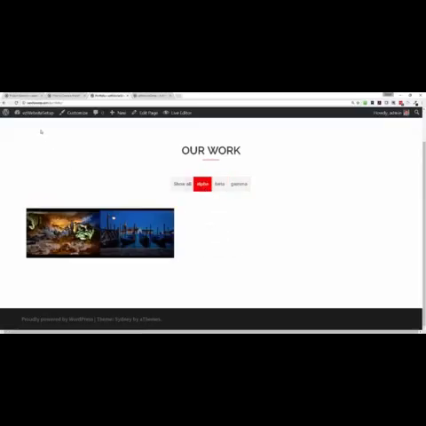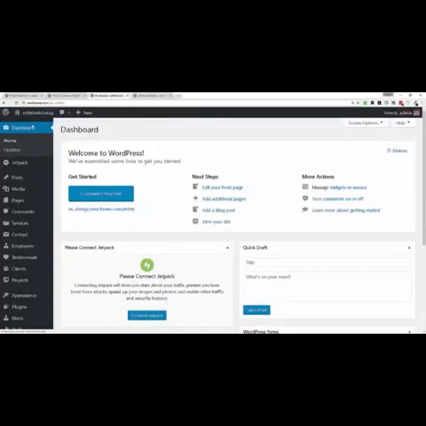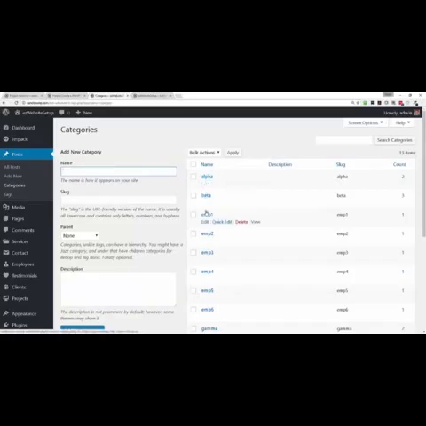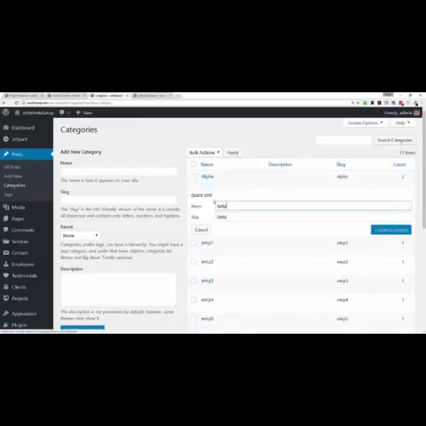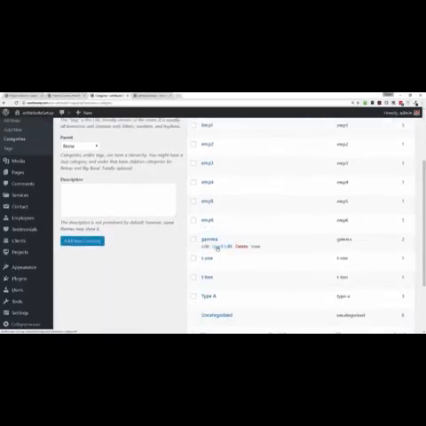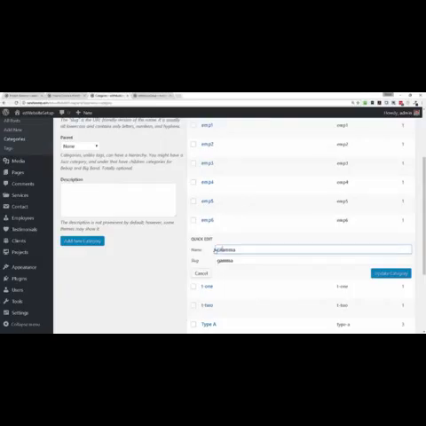If you want to see how that's done real quick, we'll hover over the site name, go down here to dashboard, something we haven't really covered. Go down to posts and then categories and click on categories, and now you see alpha, beta, and gamma. Well, gamma's farther down. So if you click on quick edit here, you can change the name. The slug is always going to be small and it'll have hyphens just like we talked about before, but we can change this to a capital A. Click update category, do the same thing for beta, click update category, and then find gamma, and then click on quick edit, change the name to capital G,